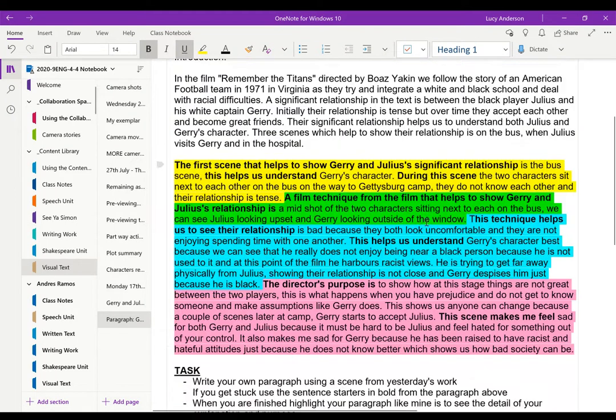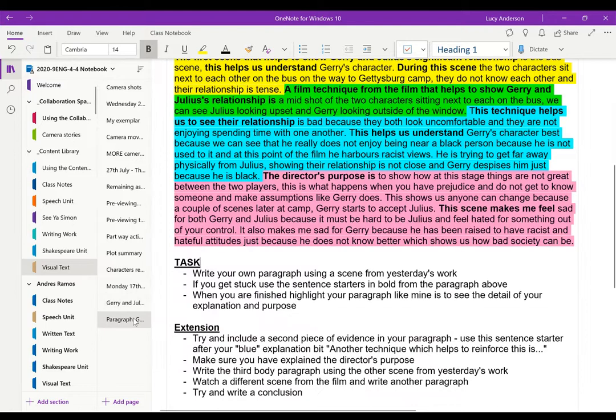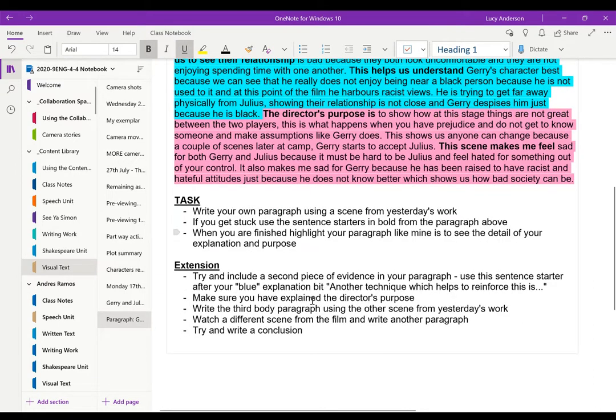Ultimately, writing a paragraph using those sentence starters, if you already have the notes from here, should take you maybe 15 to 20 minutes, maybe 20 minutes, because you haven't done it in a while. So you should have some time. If you feel up for it, give one of the extension ones a try.